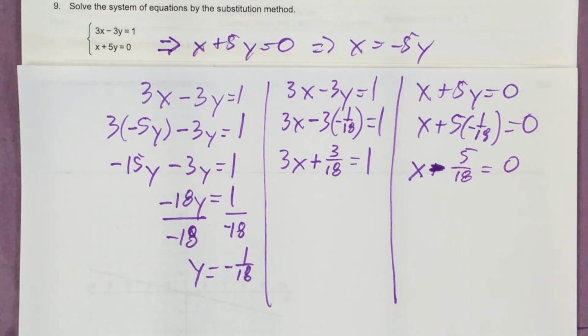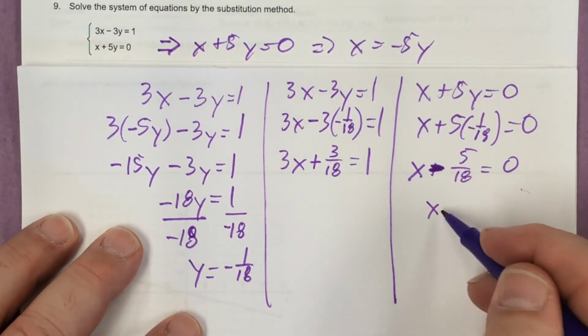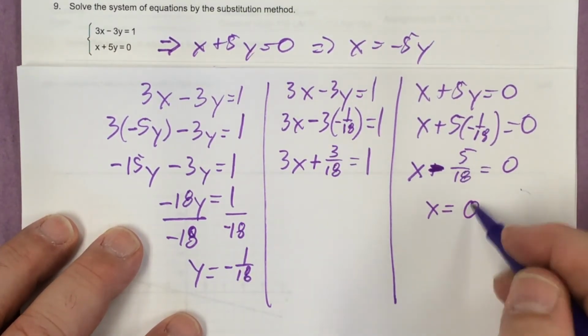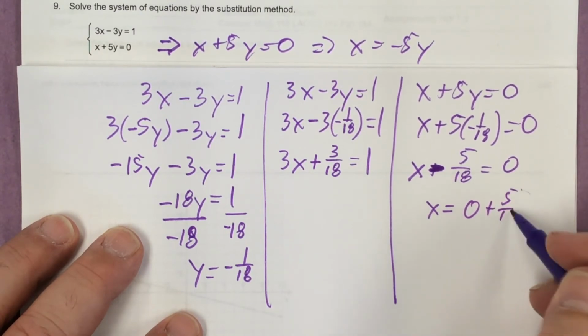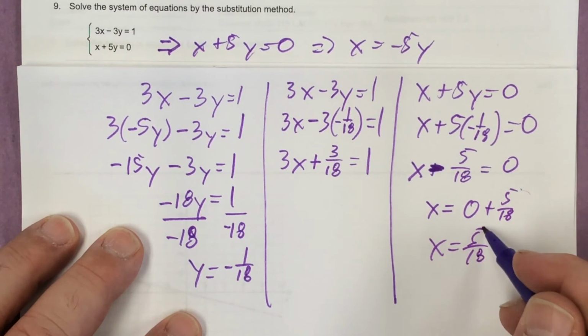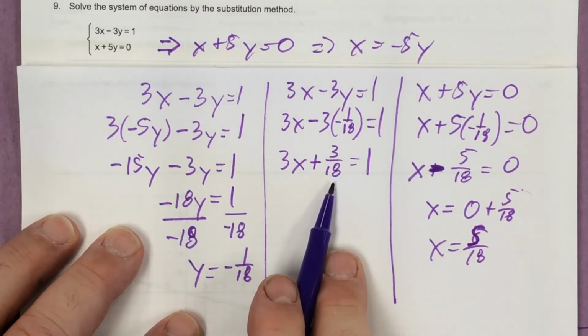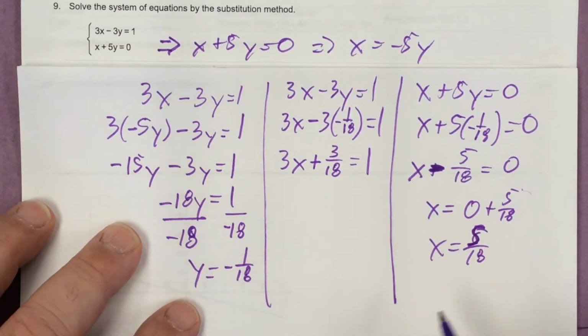Now the easier one to get the solution to is going to be this here, because once I move this over to the other side, I'm just going to get x is equal to 0 plus 5 over 18, making x equal to 5 over 18. Write that more clearly. I should be looking for 5 over 18 over here. Okay, so